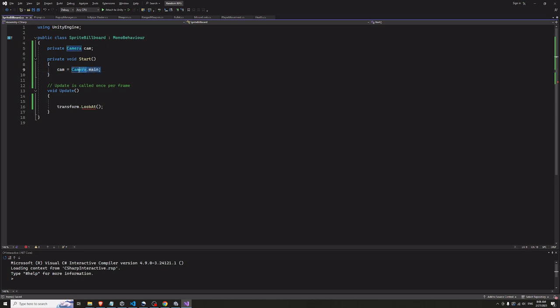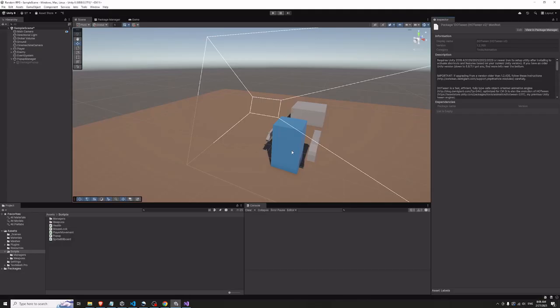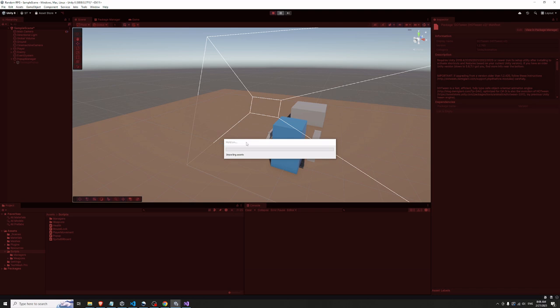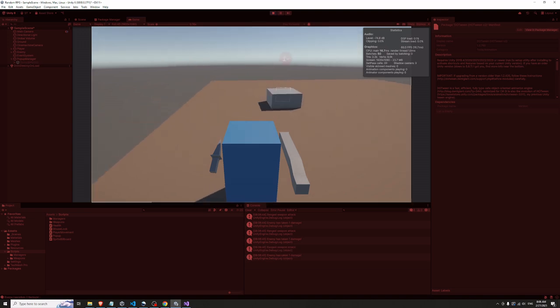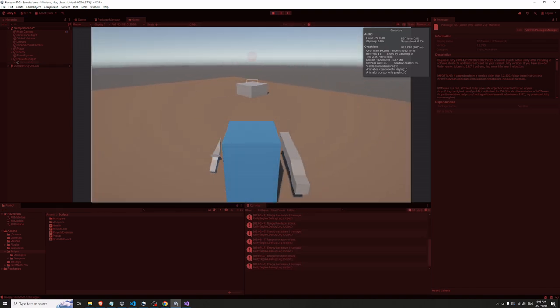I think I read that using camera.main is actually fine, but we'll just grab it anyway. So I'll see how this turns out. Sometimes the object that's billboarding looks backwards. We'll see if we need to sort that. Yeah, okay, there we go. So it's around the wrong way, but it is facing the camera,